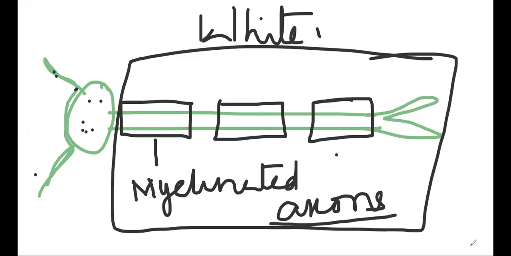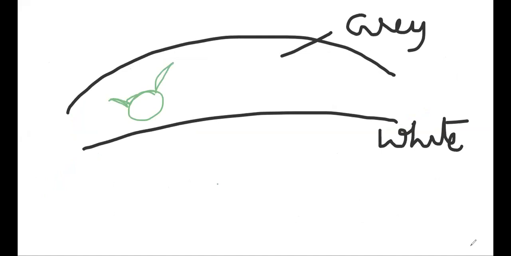Let us apply this in some areas of the brain and spinal cord. We said in the brain the upper part is gray matter and the lower part is white matter, isn't it? How do we justify this? We justify this with the help of the arrangement of the neurons. The neurons are arranged like this. The cyton and dendrites are arranged in the gray matter. Their Nissl bodies give the gray color appearance.